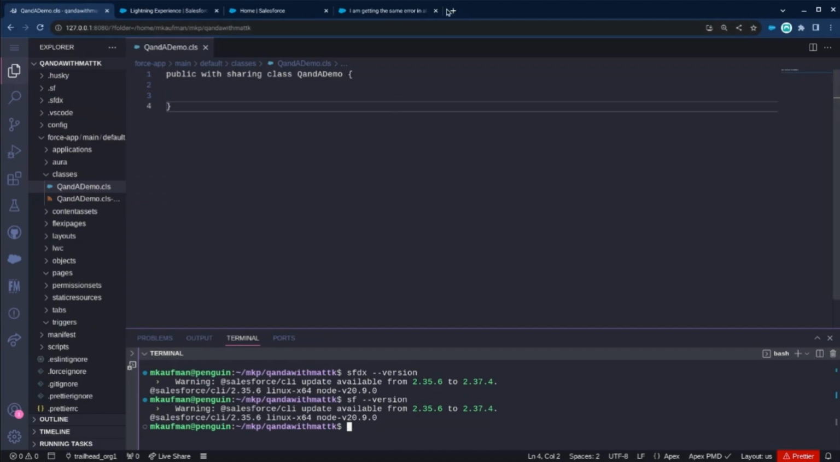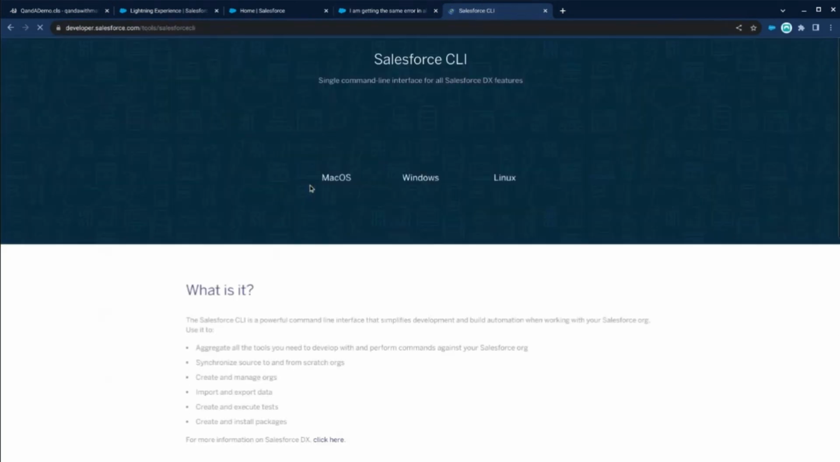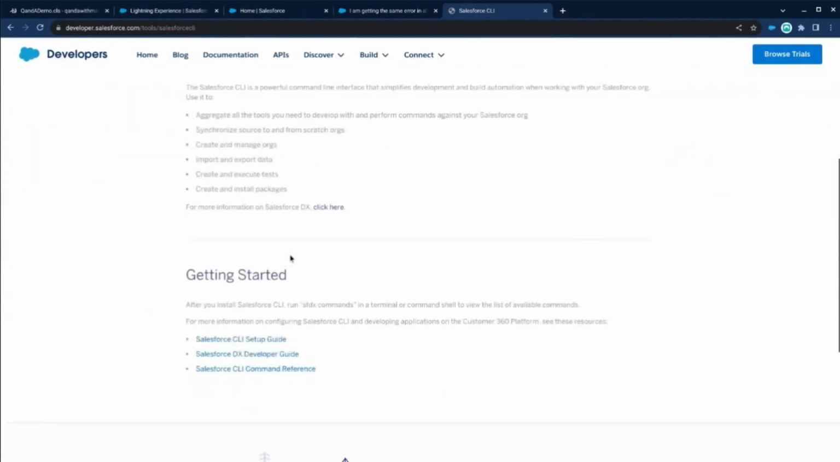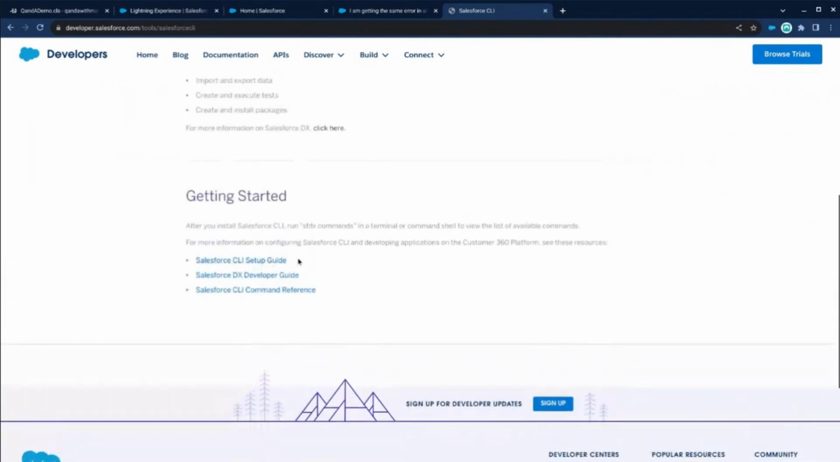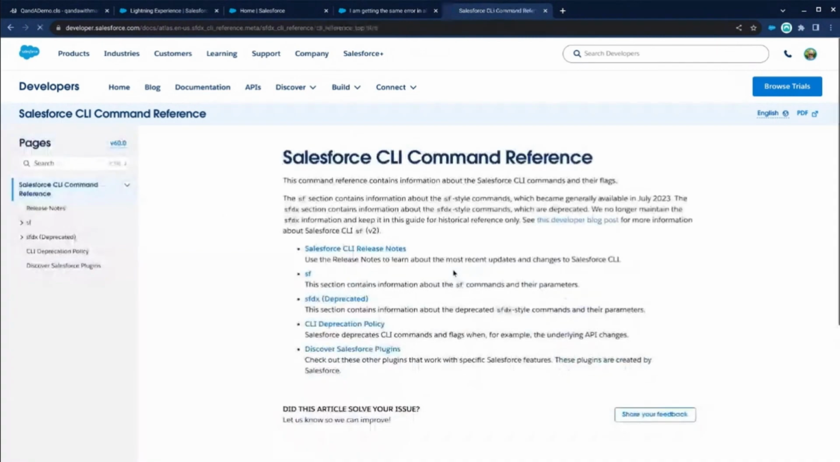I'll pull up the documentation, but I will have to probably Google it. SF CLI, and I'll put Salesforce just to be safe. And here we can see the Salesforce CLI. You can see how to install it. There's a bunch of instructions. There's some prerequisites that you have to have and things like that. Once you have it installed, then you can use these commands from the terminal, and you can see SFDX is deprecated here,